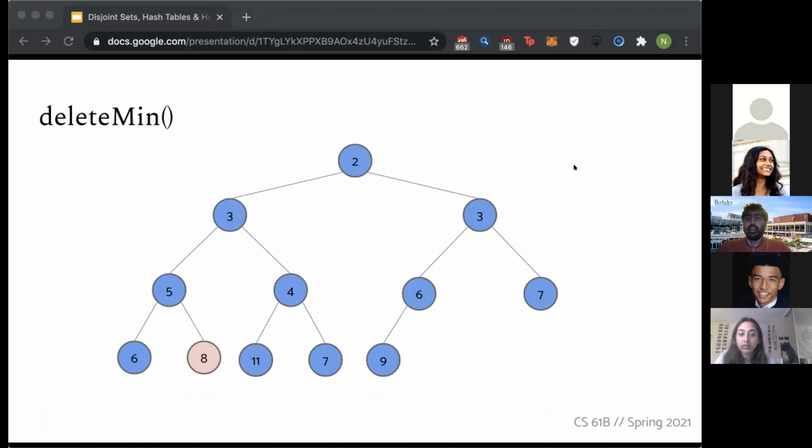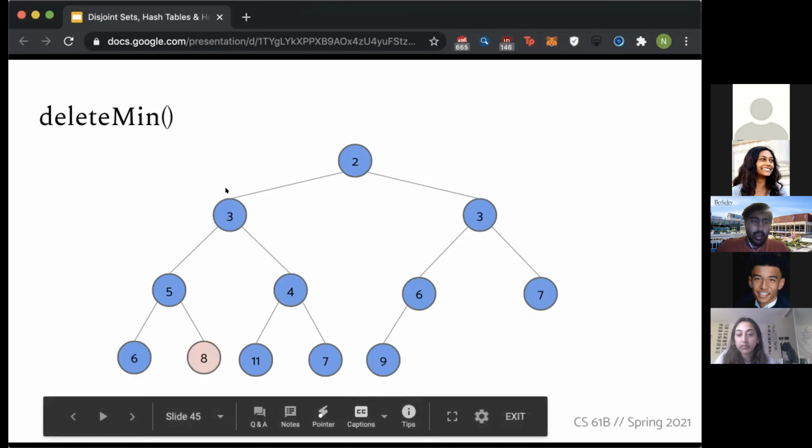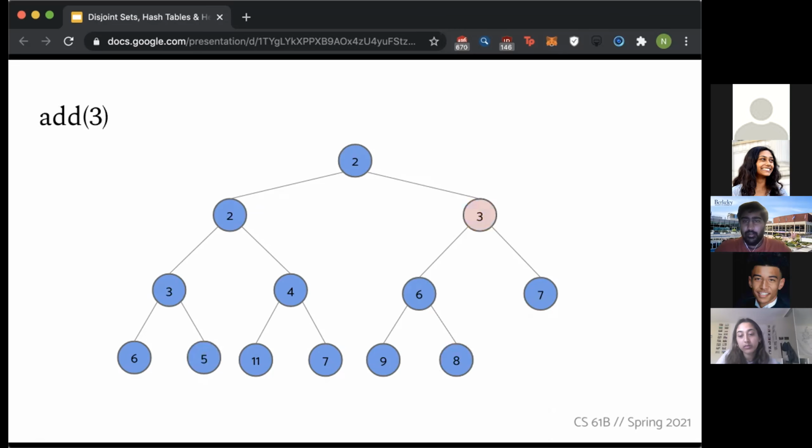Got it. So it seems like everyone's saying theta of log n. That's correct because after we promote, we just go down, and the maximum number of levels in this tree, since it's bushy, it's complete, is log n, correct? And does anyone have an idea of what the runtime of